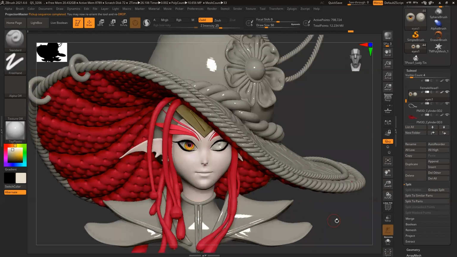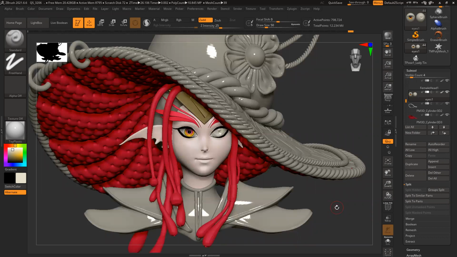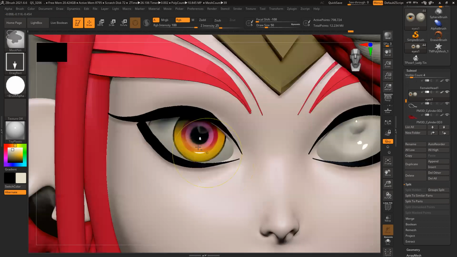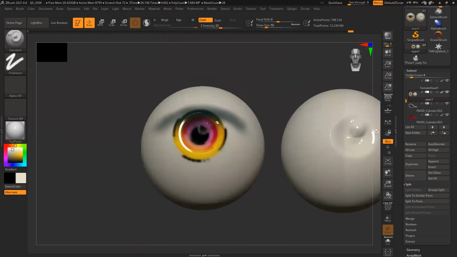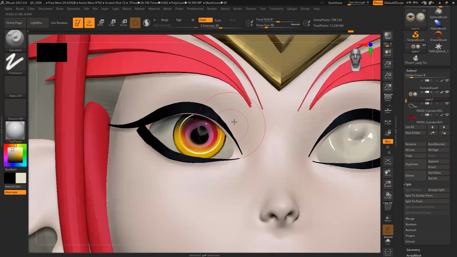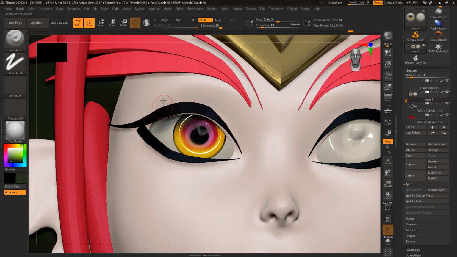See, now I can paint great, because manually, if I try to paint, it is not that easy. It will create problems. So if you do it like this, it will become super easy. Now I can see my eye and I can see where I need to paint shadow and all. Because for ZBrush files, you need to paint slightly shadow, because suppose you have a high poly and you want to add little shadow, so that's kind of recommended. ZBrush RGB only, no add. Slight shadow, so it looks very nice.